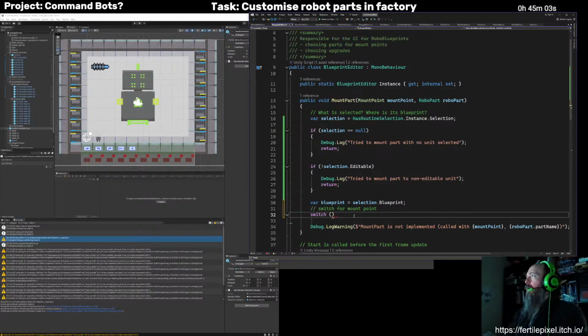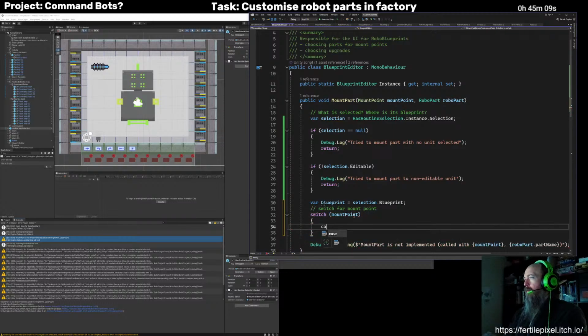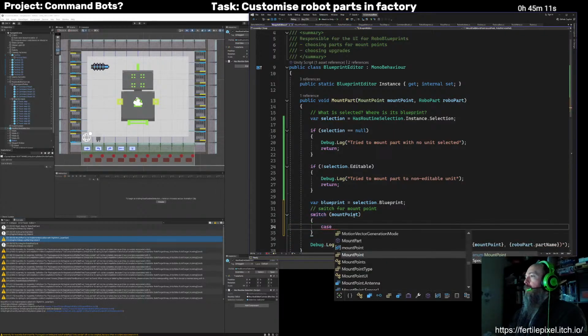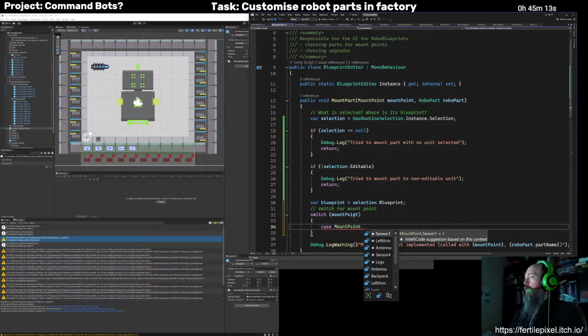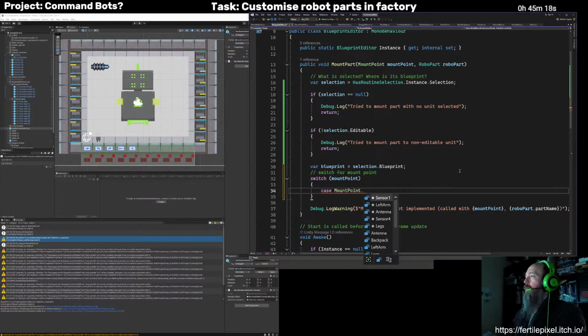This is just going to be on mount point. Okay. Yeah. Yeah, let's just start at the top antenna.